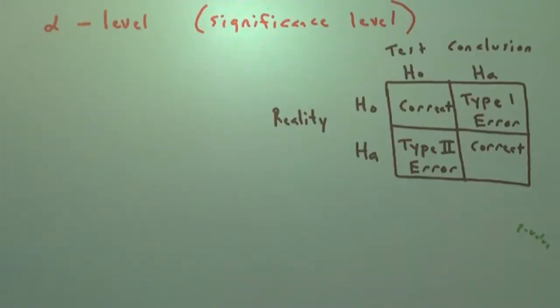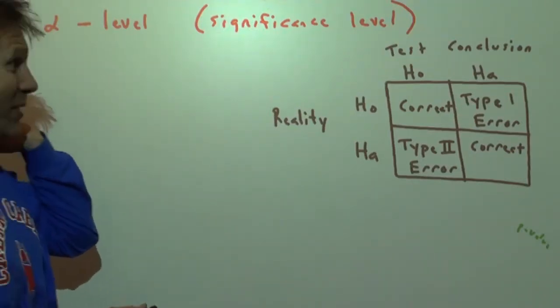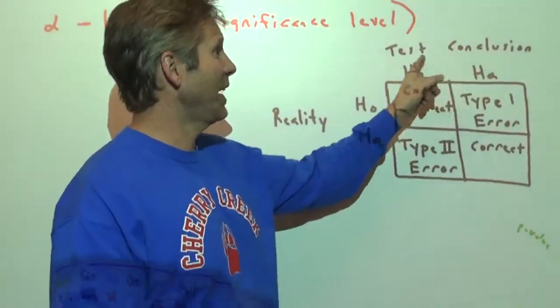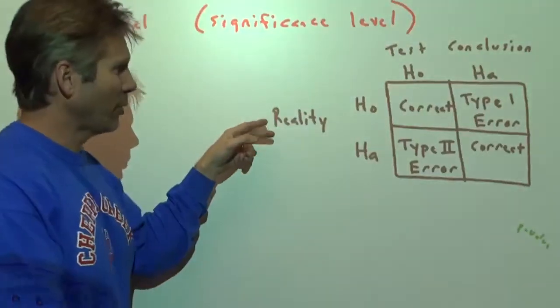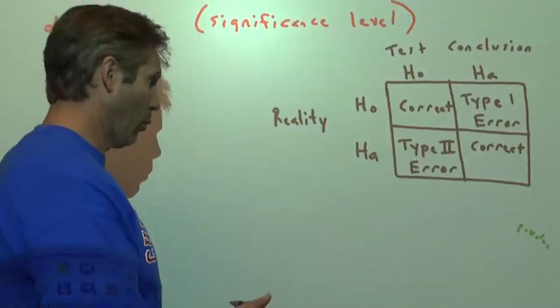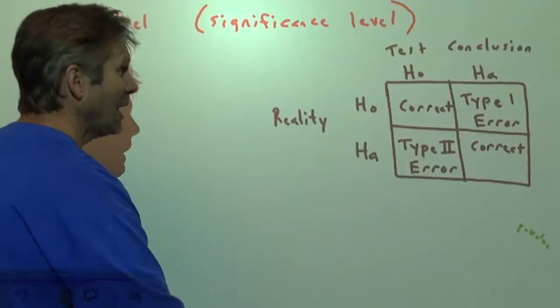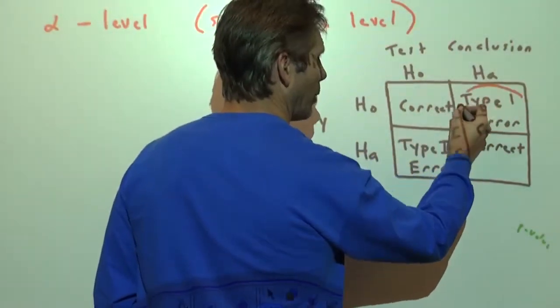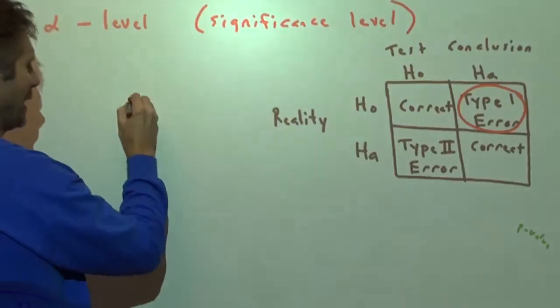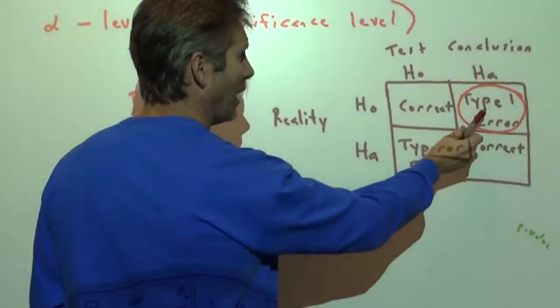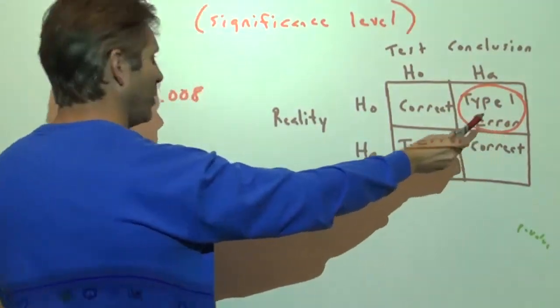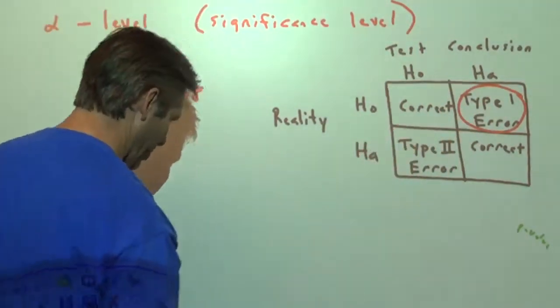Let's go to the next screen, and let's formalize this even further. We need an alpha level, a significance level for the test. Now first let's look at this. Let's suppose these are the test conclusions. We either stick with the null or reject the null and go with the alternative. And let's suppose this is reality. Now what we're concerned with is this. If we end up rejecting the null because we got a small p-value, like in our case our p-value was 0.008, there exists a possibility that even though we got a small p-value, in reality the null could be true.